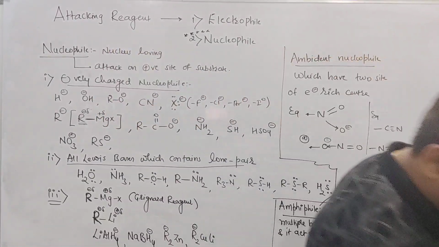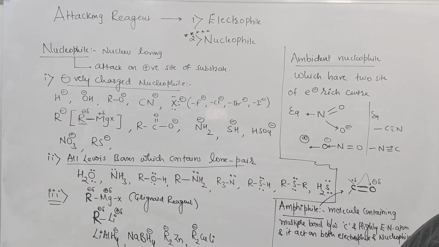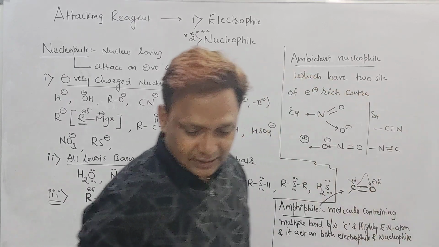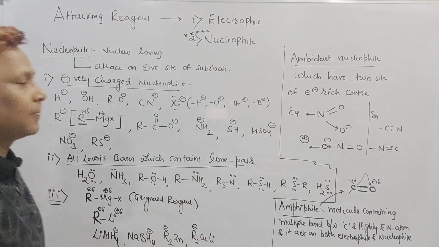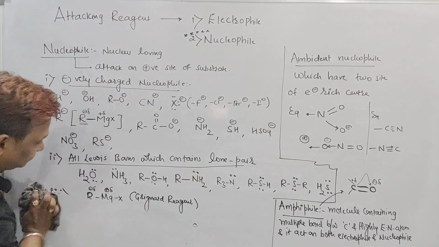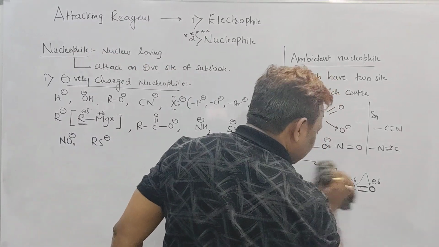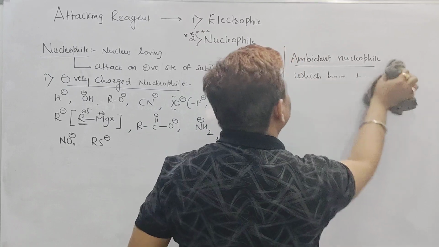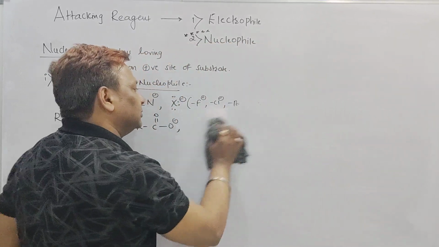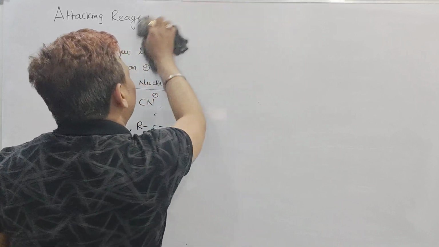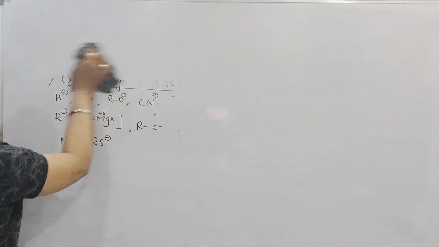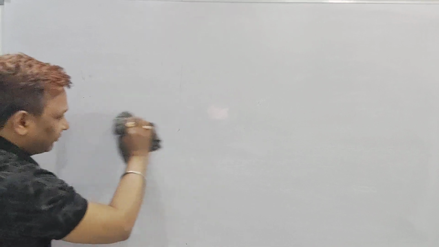Right, beta? Take a screenshot of this one. You see the differences between what is electrophile and nucleophile, how they can be different from each other. So in the previous video we have seen electrophile, and now we have seen nucleophile. Even we have seen the types of nucleophile, and we have discussed what is an ambident nucleophile and what is an amphiphile. Amphiphile means a species having both positive and negative. Now what is the difference between the electrophile and nucleophile?